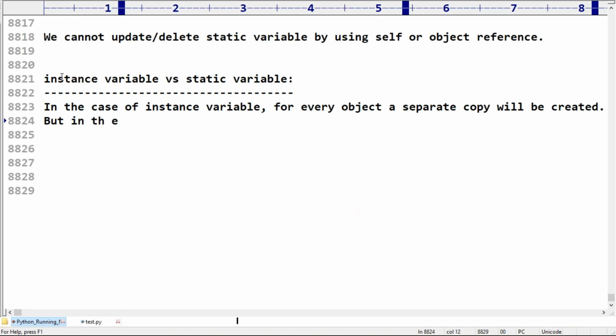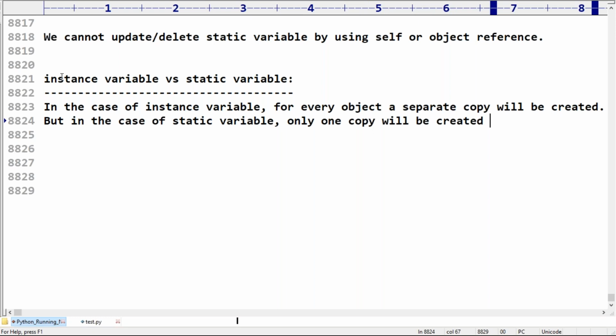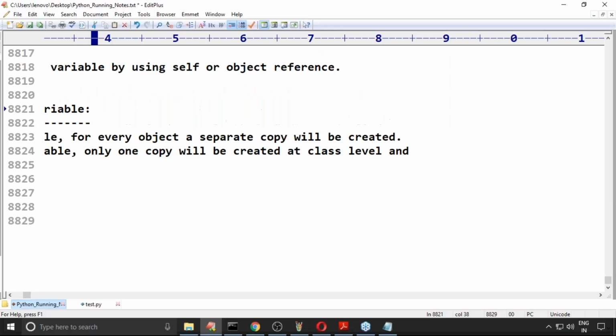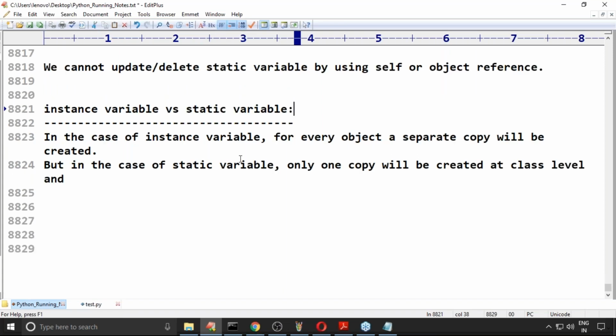But in the case of a static variable, only one copy will be created at class level and can be shared by every object of that class.